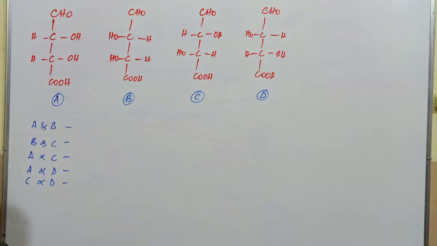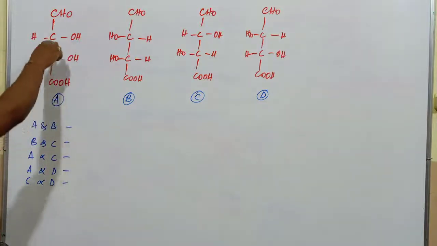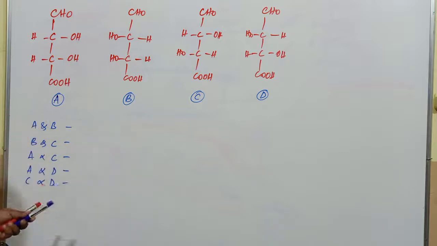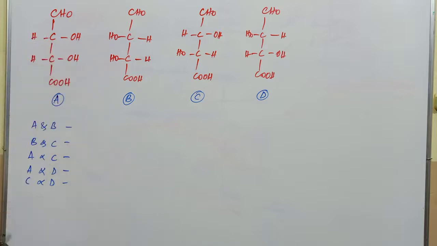So before going to that, first you identify the particular R and S configuration with respect to the second and third carbon atom. Just previously we have discussed one example. There we noticed the configuration of the molecule as R and S. There also two chiral carbon atoms were there. Here also two chiral carbon atoms.